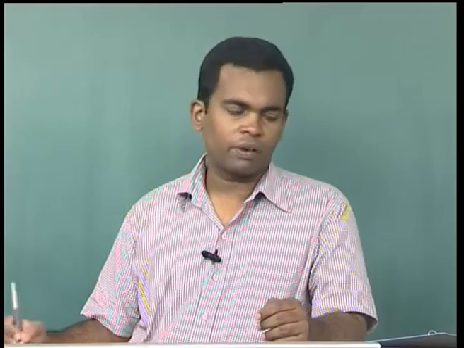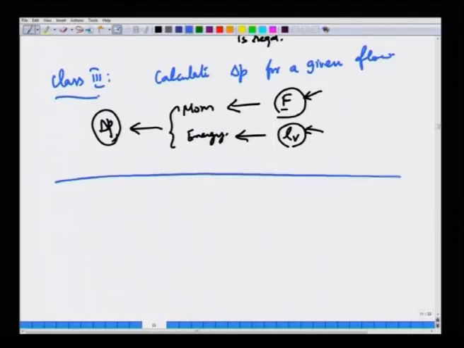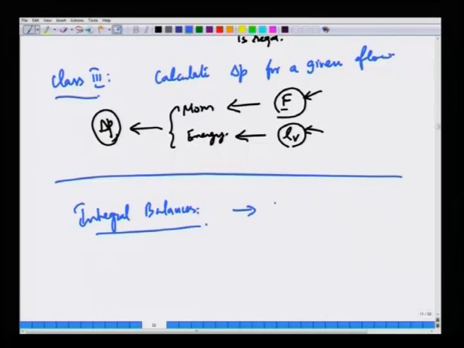So, the point I am trying to drive across is that in general integral balances are simple because you do not need much detailed information about the velocities, distribution of velocities across various points in the flow. They are much simpler, but they yield only approximate information as we just